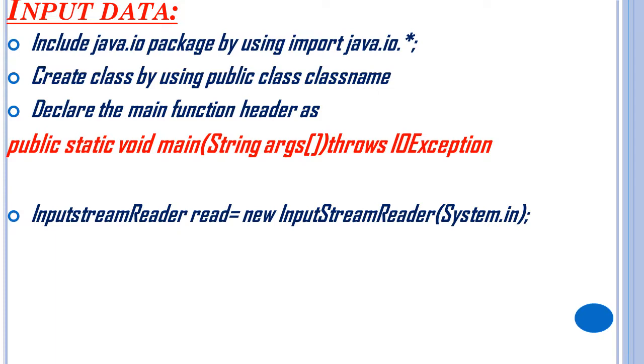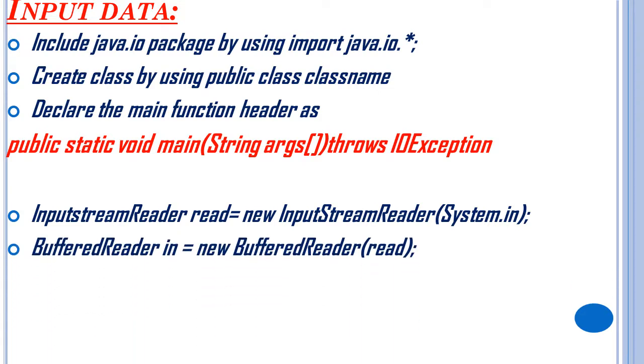Below that, in the same way you need to write BufferedReader in = new BufferedReader(read). In BufferedReader, B is capital and R is capital, and in is small, new is small, and again BufferedReader with B capital and R capital. Why will we use this BufferedReader? Because the user will input the data, right? For that, temporary storage needs to be there, right? I have said this also in a previous class. BufferedReader is used to store the input data like temporary storage.